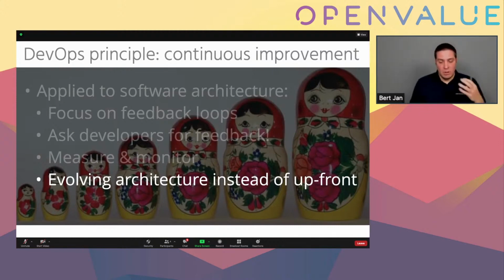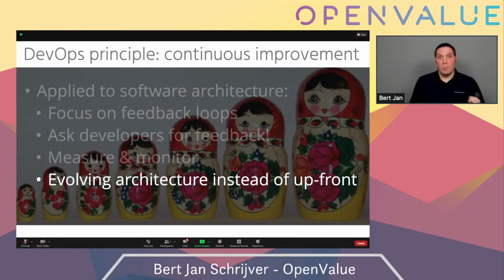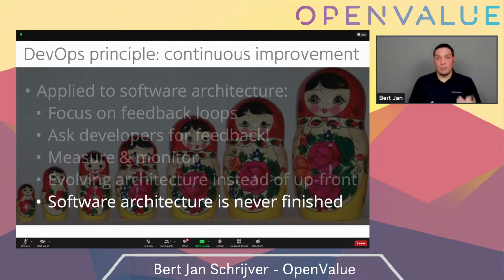I'd say that this all goes back to the point that I made about designing just for the next sprint. Try to continuously get feedback on: is this working? Are we moving in the right direction? Do we have any risks or thoughts about things we should change? And try to keep working on your architecture and keep evolving it every day. So yes, obviously you need to do some upfront design, but try to do just enough and then move along the way. And as a result, software architecture is never finished. It's a continuous process.